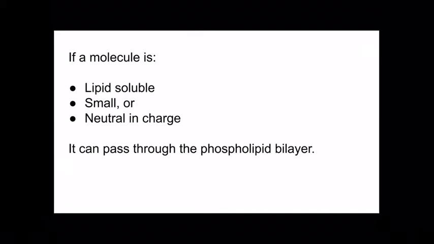So selective permeability basically means that the cell membrane is permeable, meaning things can cross it, but it's selectively permeable, meaning that only certain things can cross it, and it can change what it's permeable to by making changes in itself. So anything that is lipid soluble or small or neutral in charge can cross the phospholipid